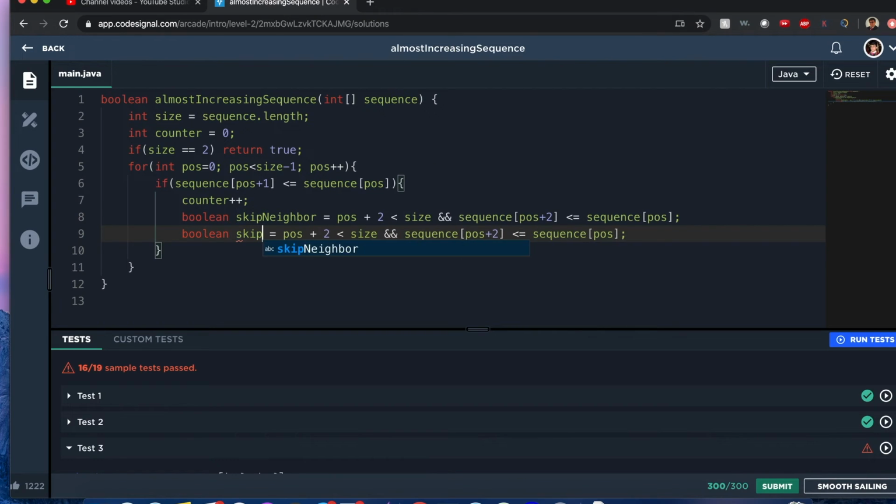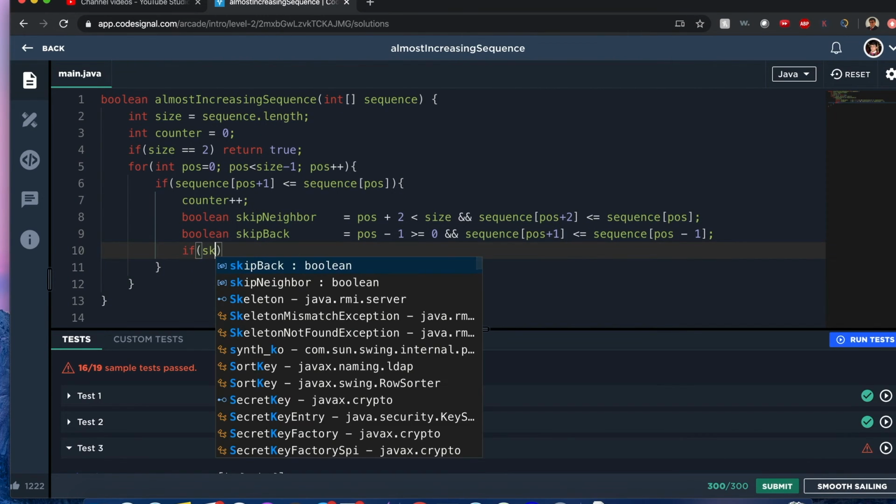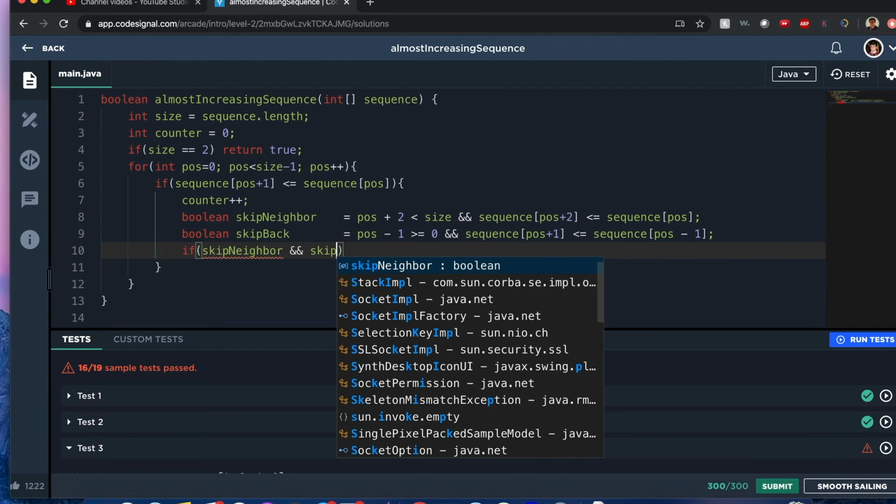Now I'm going to say skip back. So in this case, I'm going to put the chance that I can skip back, which means position minus 1 is greater than or equal to 0. Then I could check the neighbor with the previous node that I came across, which is my previous last one right there. Now, if any of those is false, is true,